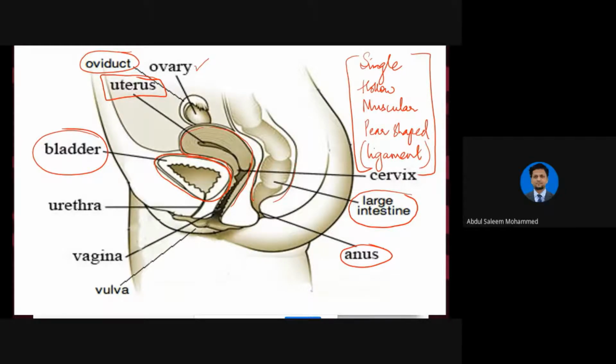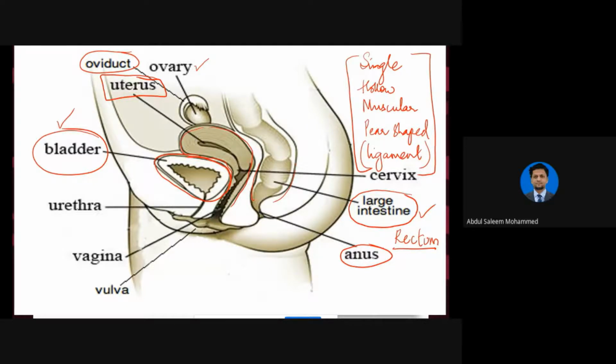Okay, so here we have this picture very clearly showing the location of the uterus, which is so important. Make sure of it, it is very, very important, and it is located between the urinary bladder and the rectum. Instead, it's written here large intestine. So you can write down specifically where it is located. It is located between the rectum and urinary bladder. So it opens into the next part.